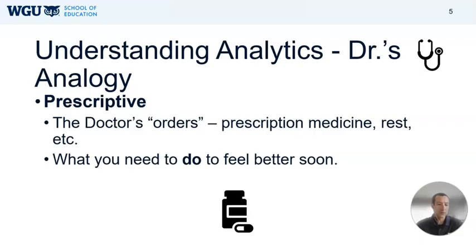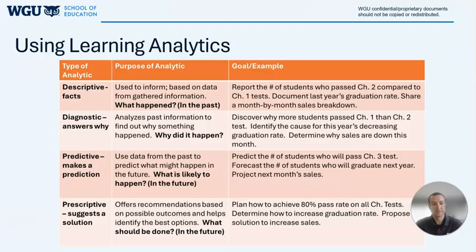And then once we have that idea of what's going to happen next, the thing that we're usually most interested in after we visit the doctor is that prescriptive piece. This is where we're prescribed medicine or a prescription of doctor's orders, so to speak. This is what we need to do in order to feel better. This is the actions that need to be taken to get to a desired result in the future. So again, here we're looking to the future, but what separates prescriptive from predictive is that prescriptive is going to have that action tied to it, that we're going to be doing something to get to where we want to go, not just where we think we're headed.